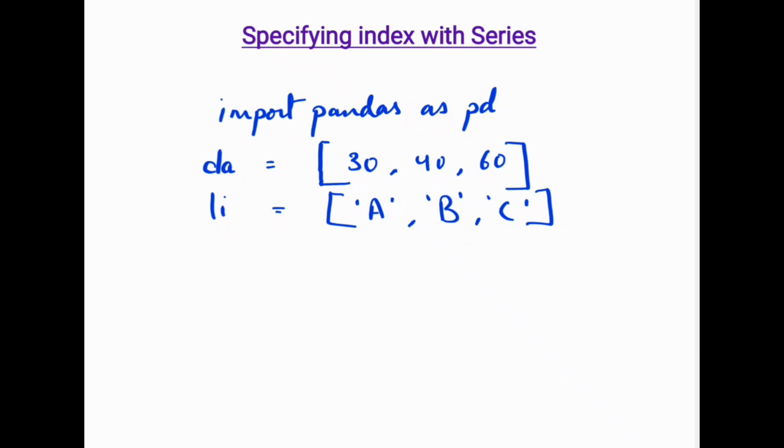Okay, in this class we will learn how to specify an index for a series. We have already seen that the default index for a series is 0, 1, 2, but apart from that we can also provide another index. So the syntax will be,